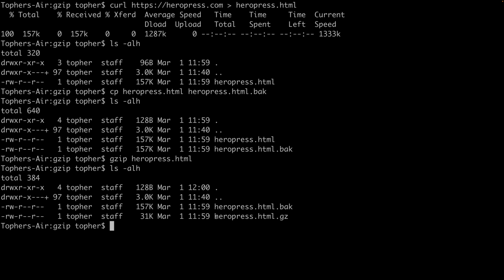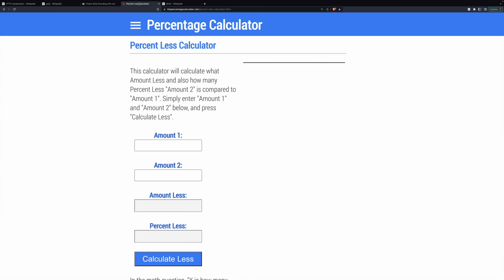And now you can see that the gzipped version is only 31 kilobytes as opposed to 157. Because I'm bad at math, I found this cool calculator. And the compressed version is 76% smaller.